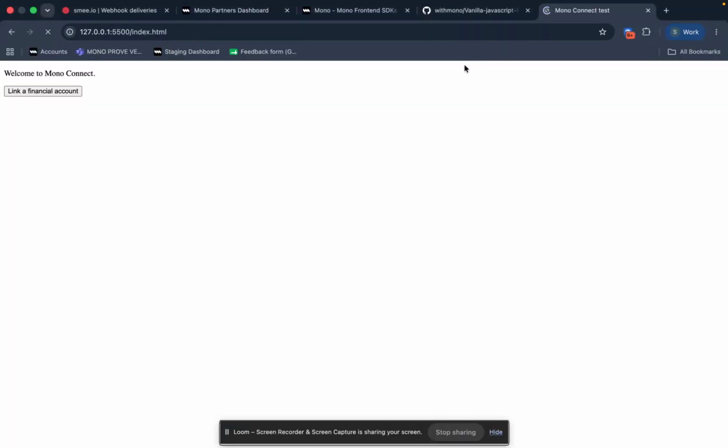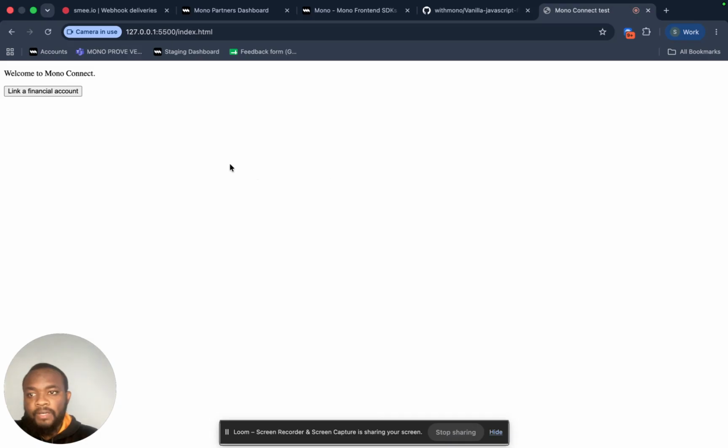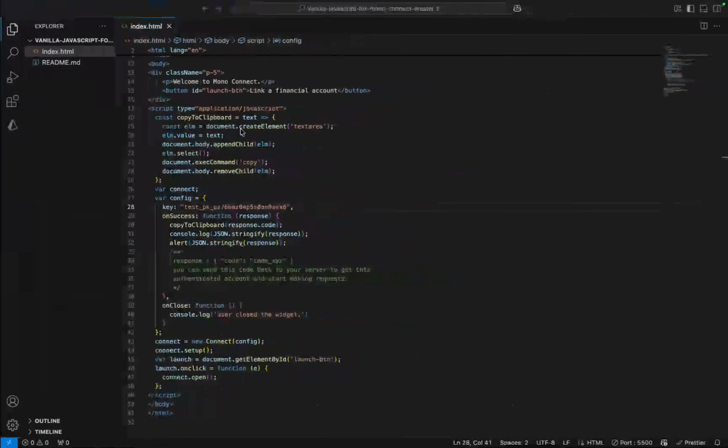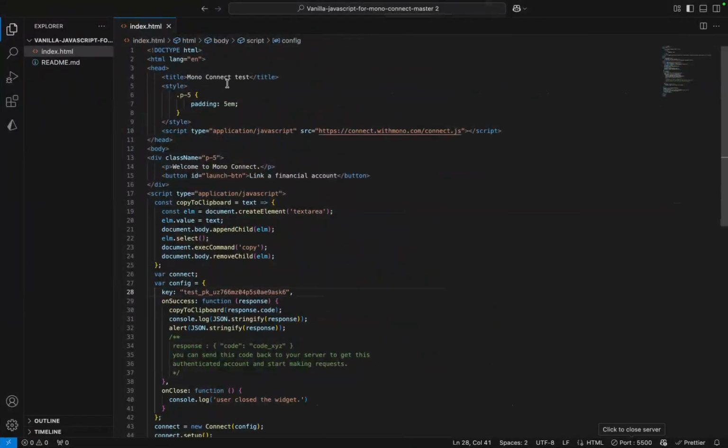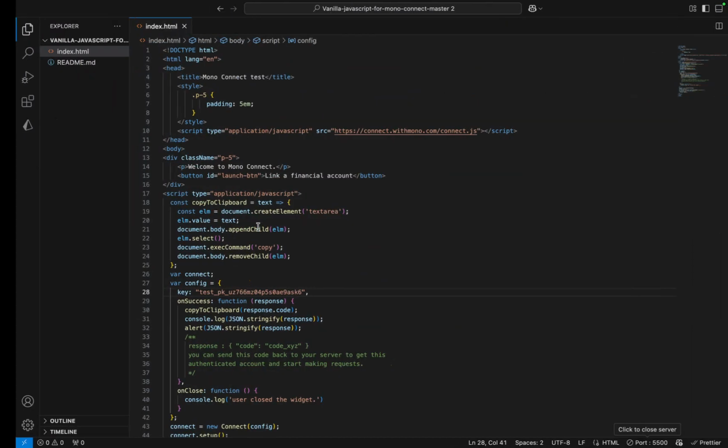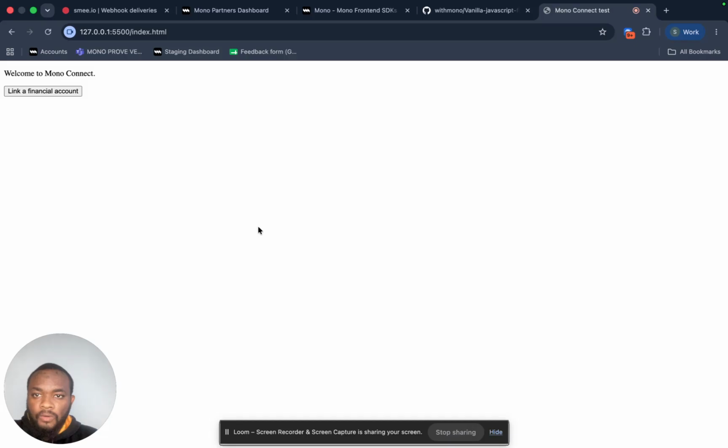All right. So this is what the setup looks like. As you can see, it's a very simple setup. Welcome to Mono, which is what we have here. So Mono test. So you can basically style it how you intend to, or style it to suit your use